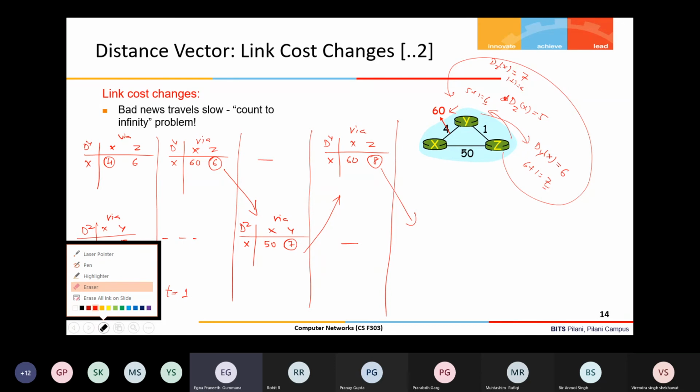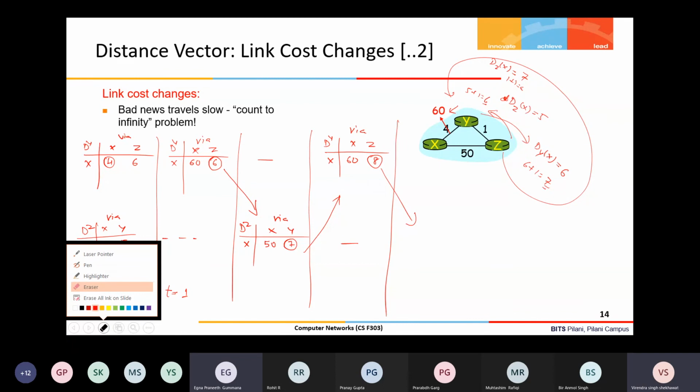Sir, 52 more iterations. In each iteration, one by one the cost is increasing. Yes, in each iteration the cost is increasing. So when will this process stop? When the cost becomes 60, sir.